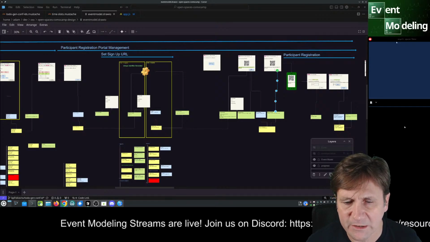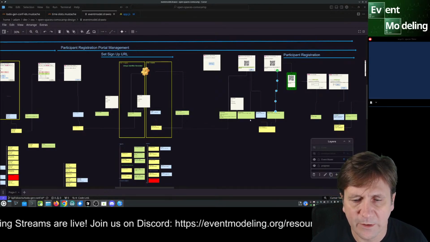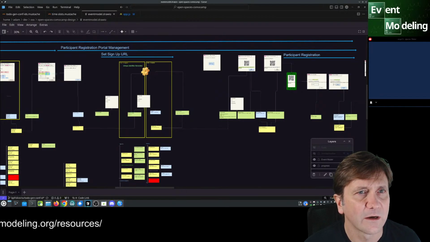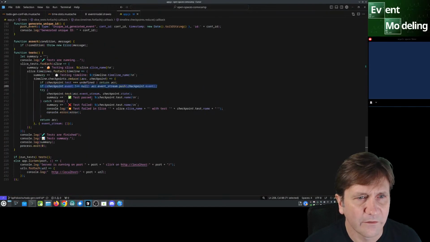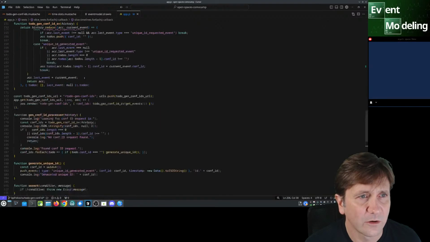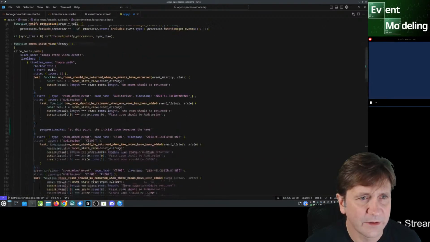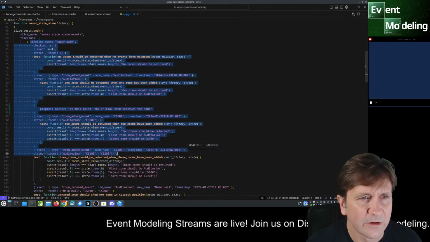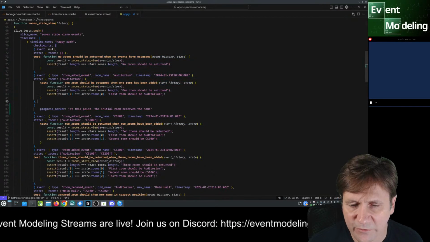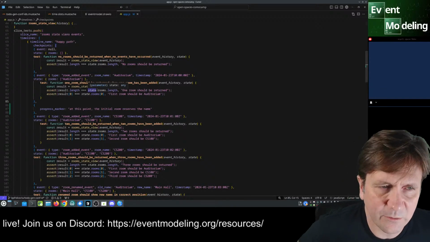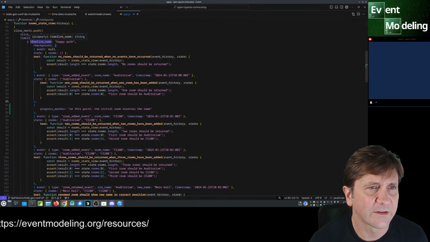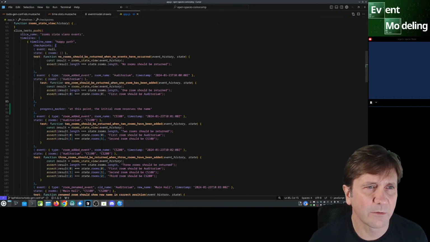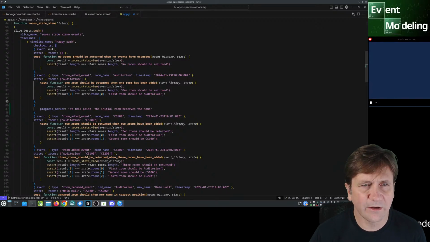So what we're doing today is following up where we got to last time, which is actually pretty cool. Where we left off was getting a very cool test runner that goes off of these tests that really duplicate the example timelines that we have in the event model. If you were here for the last stream, you would notice that we have these timelines, and each timeline has a name, but then it has a checkpoint. I'm still thinking of better terminology here.